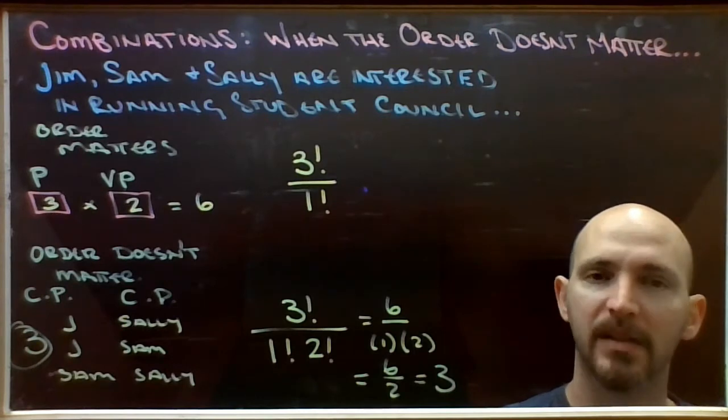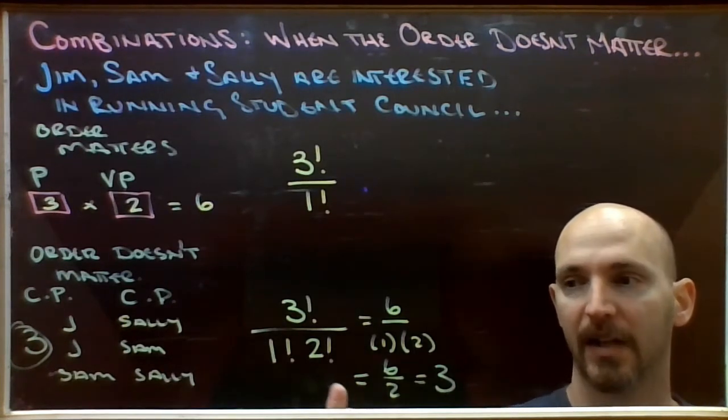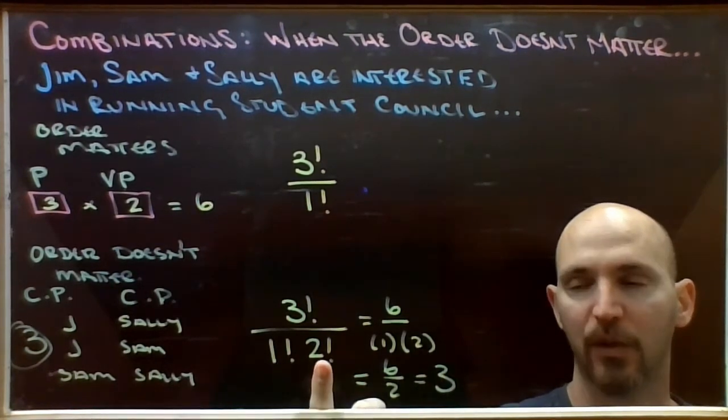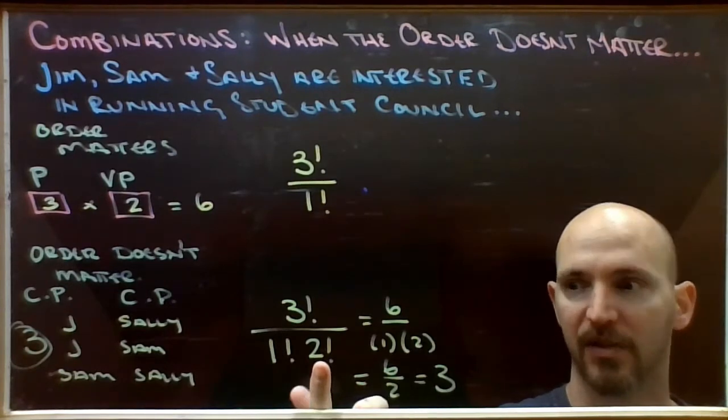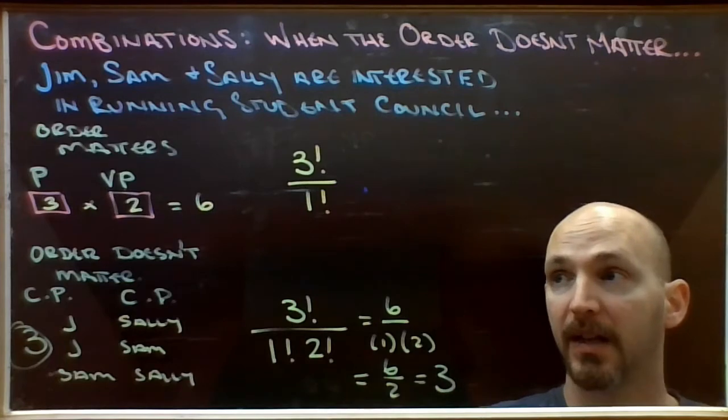So if you are going to be doing a question without order, the only thing that's changed here is that once you get rid of the permutations of the ones you leave behind, you also have to eliminate the permutations of the ones you keep. So to make a slightly more complicated example,